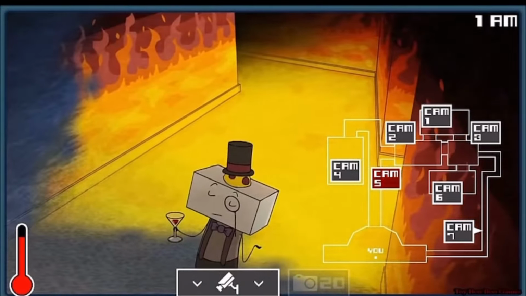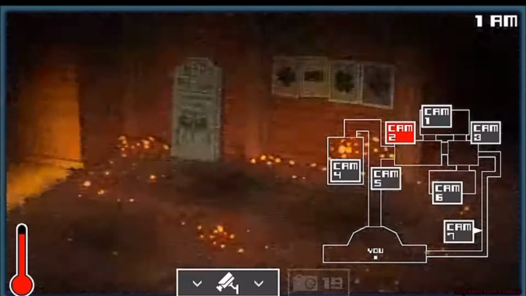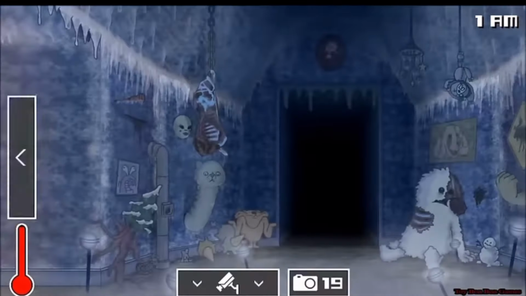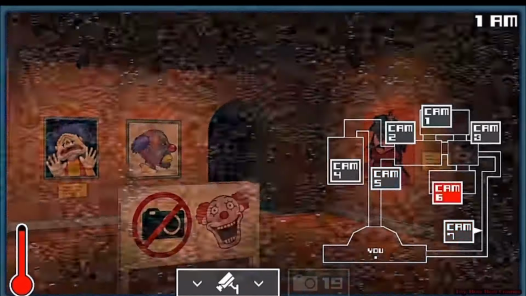ONAF 3 will take it up a notch, requiring way more skill than the past two games. It would also introduce two new mechanics. The first new mechanic is the furnace. The furnace is needed to keep your temperature up, and of course, if your temperature goes down, you freeze to death. The other mechanic will be the camera flashes. These are used to defend yourself from the animatronics because in this version of the game, you do not have any doors. But besides that, the game would overall be pretty simple and pretty